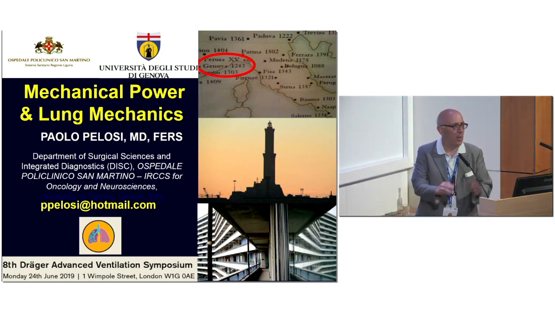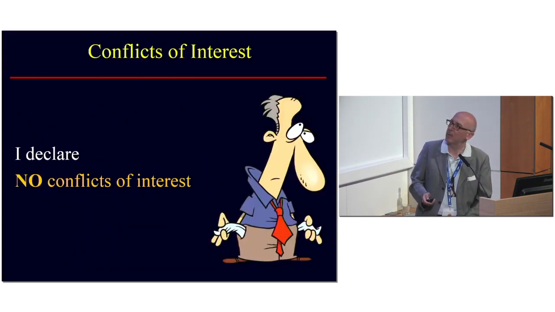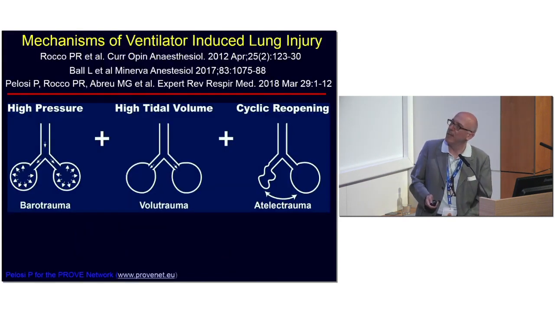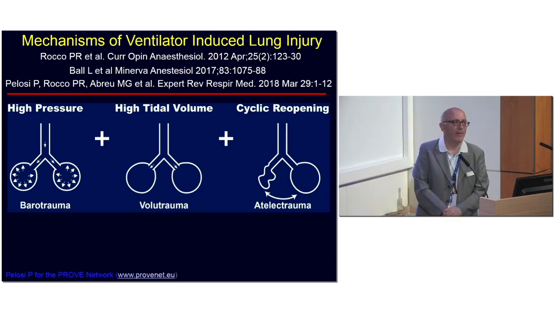I focus on two main issues today, which are relatively new. One is mechanical power, and the second one is the role of transpulmonary pressure. So I think we can discuss all together. No conflict of interest. These are the main mechanisms for ventilator-induced lung injury, which is high pressure, high tidal volume,